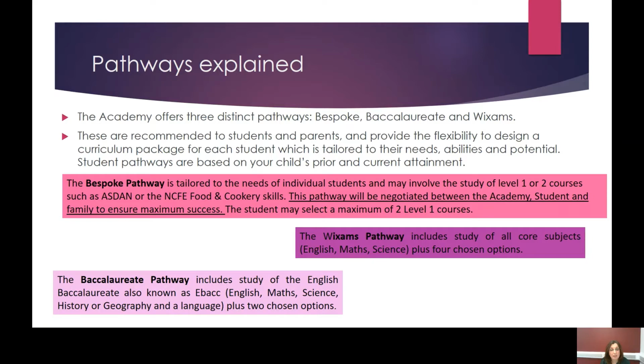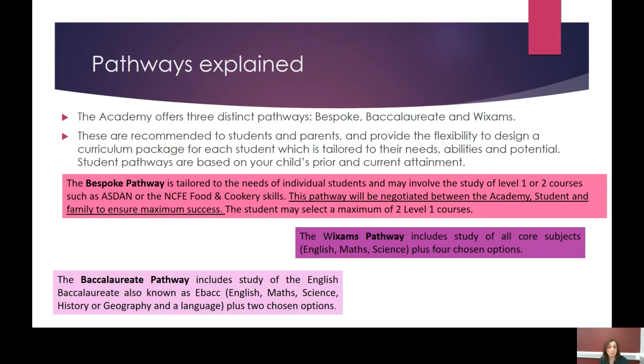Now, the reason for that is because if you're planning to go to a very good university, something like a Russell Group University or Oxford or Cambridge, although these universities might not ask for you to do history or geography, you will be competing with other students from other high attaining schools who have been encouraged to take these subjects. And because the government is encouraging you to do a baccalaureate pathway, to take these subjects, we are strongly suggesting to these students that these are the options that you should take.